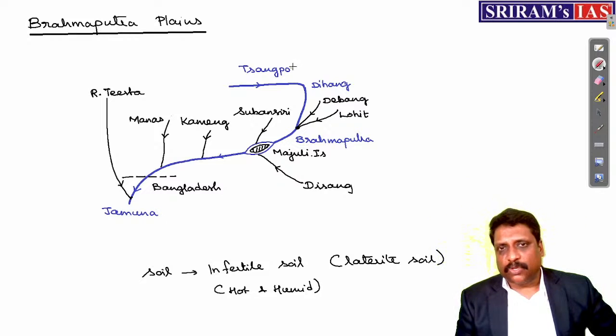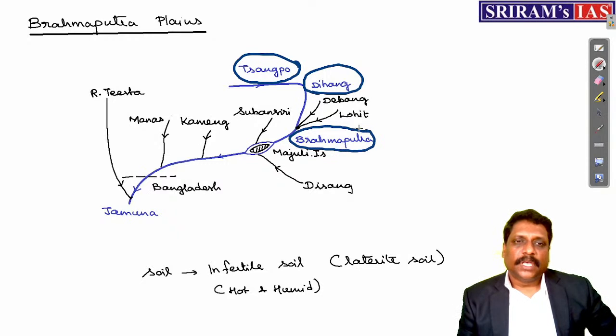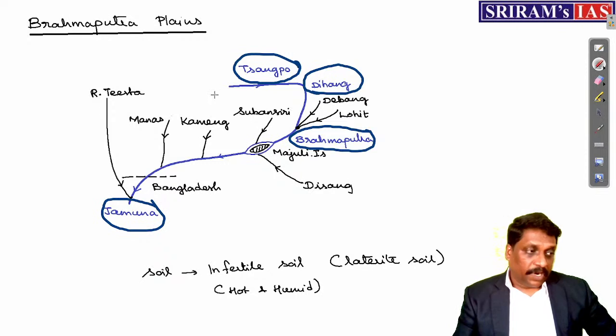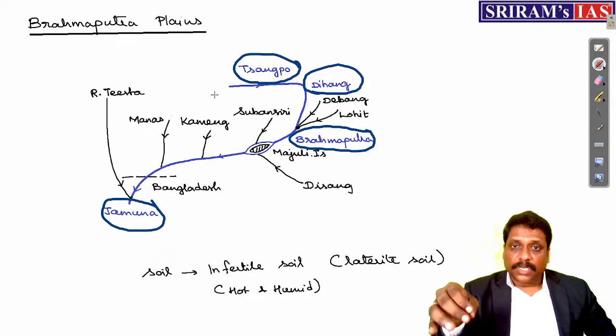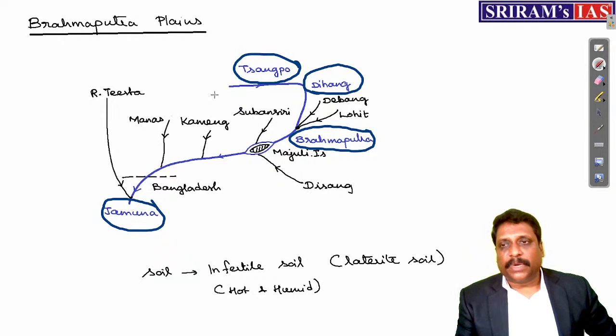For example, in China, you call it Sangpo. But as and when this river enters India, in the state of Arunachal Pradesh, you call it what? Dihang. Only in Assam, you call it what? Brahmaputra. And as and when it enters Bangladesh, it takes the name Jamuna. See, one river, plenty of names. Sangpo, China; Dihang, Arunachal Pradesh; Brahmaputra, Assam; Jamuna, Bangladesh.